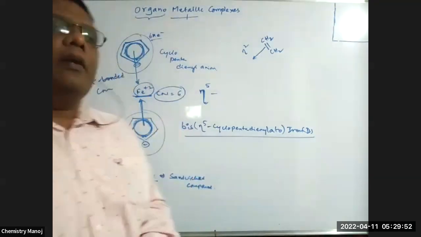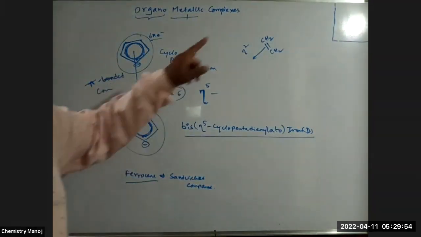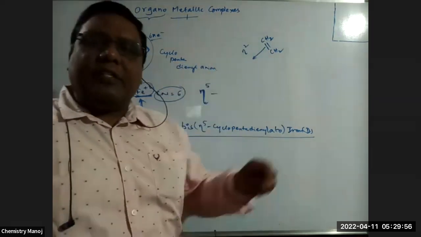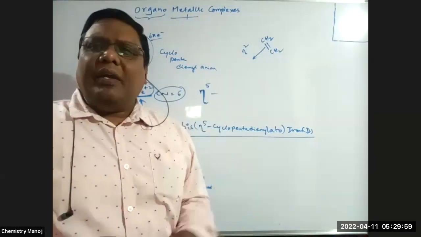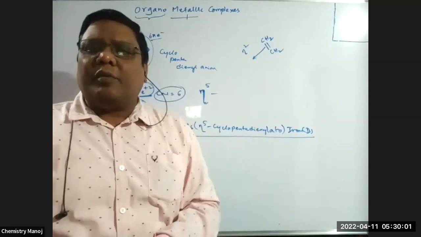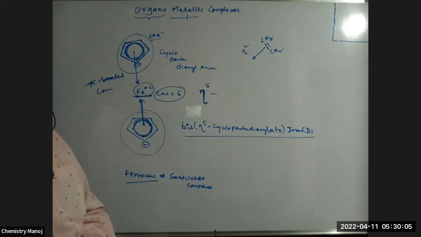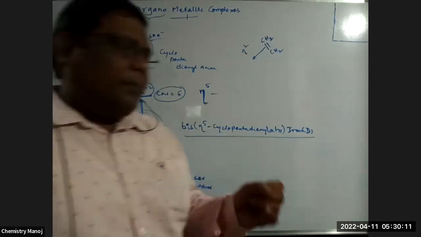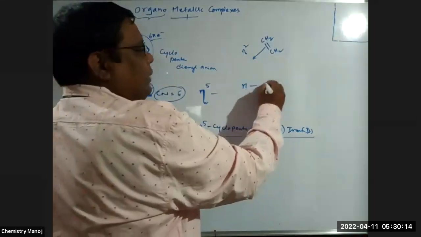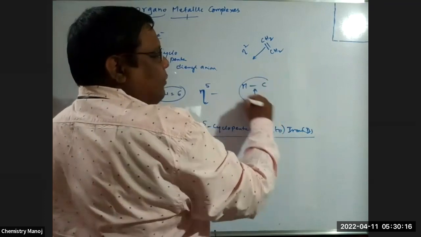Here only sigma bond electrons are involved, so it is called a sigma bonded complex. Like this, a number of examples are there in your textbook. Please see once again at the end of coordination compounds, the last but one pages. The second type: between metal and carbon there is a sigma bond, that is a sigma bonded compound.